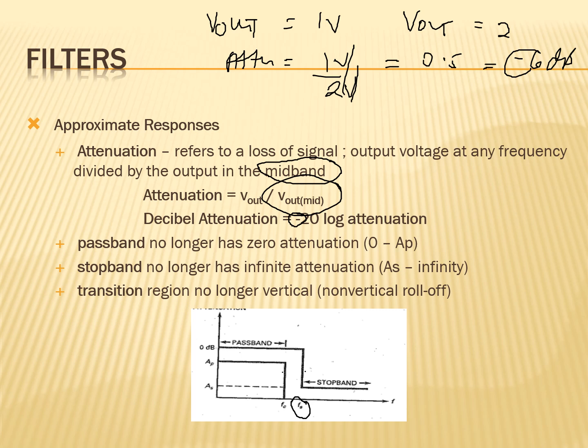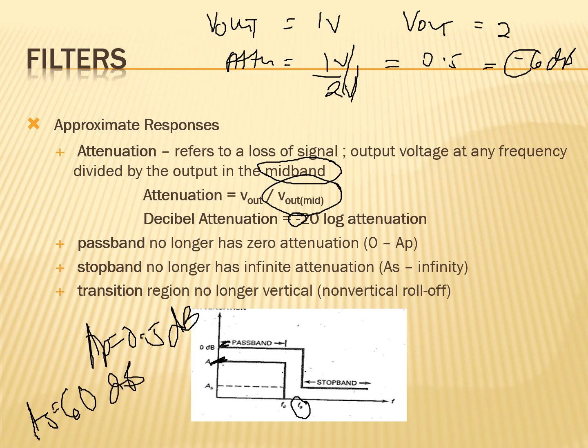This is your ideal pass band, but this is our actual pass band frequency. We are allowing a certain AP, for example, 0.5 dB. So we are compromising the ideal response by allowing up to 0.5 dB of signal loss anywhere in the pass band. As for the stop band, let us say our AS, the stop band gain, is equivalent to 60 dB.